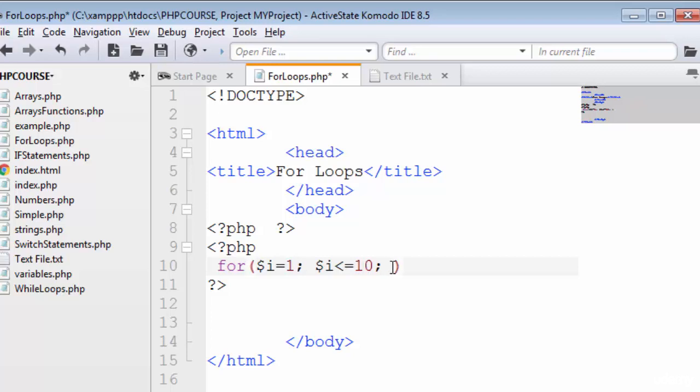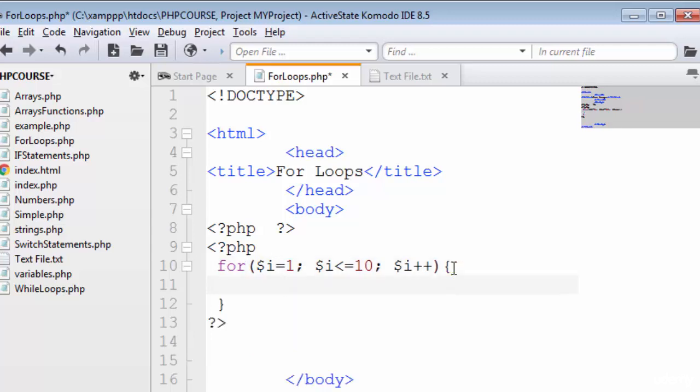Then I have to do the increment so that after every single step our value adds 1 to itself. Now be careful with the semicolon right here. Now in the curly braces of the for loop you can add any kind of statement that you want to show to the user as many times as you want.